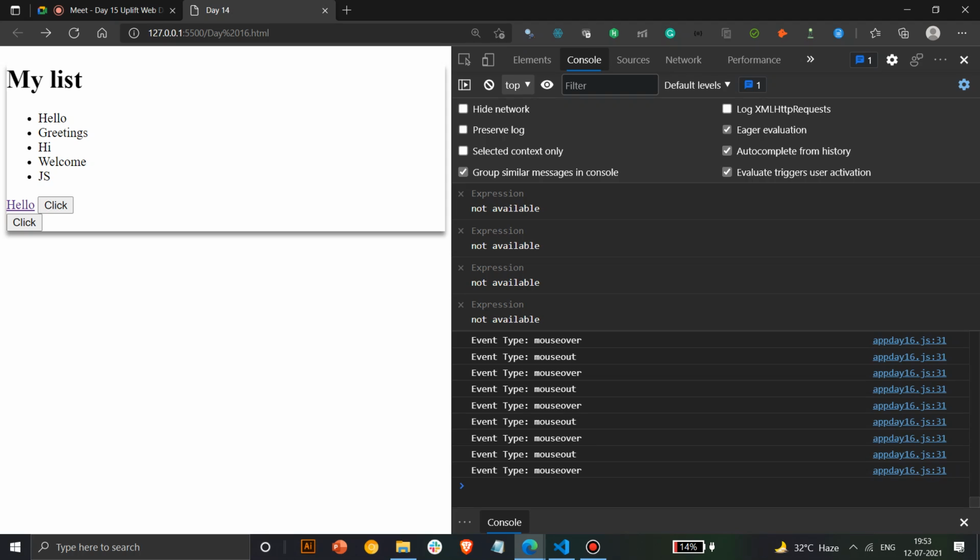I don't have a specific example here. If I had it, I would have shown you the difference better. The difference is basically that the canvas for it is the complete white area, but if you have some element over the card, it shows mouse over and mouse out on that particular element also. So if this is a button, it should show mouse out and mouse over on this too, but I don't know why it's not showing. It should work with this.